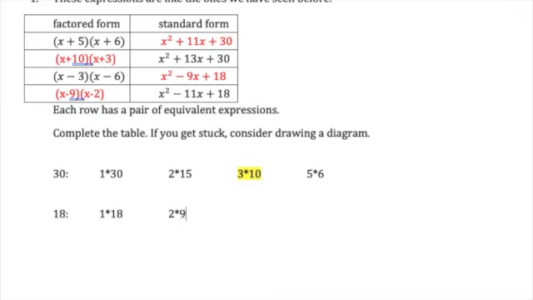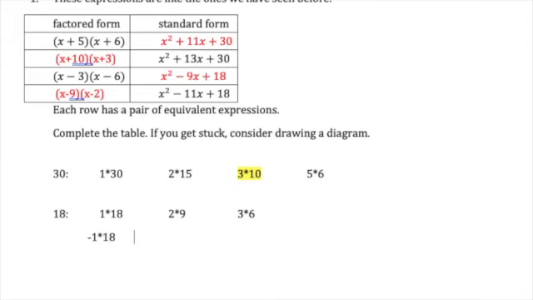2 times 9 gets me 18. 3 times 6, 4 does not work, and 5 does not work, and 6 times 3. So I only have 3 pairs for 18. And which one of those adds to get me 11? Well, negative 11. So that means I have to use some negative numbers, which means I have to consider negative